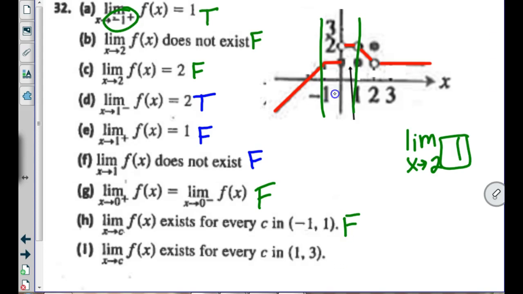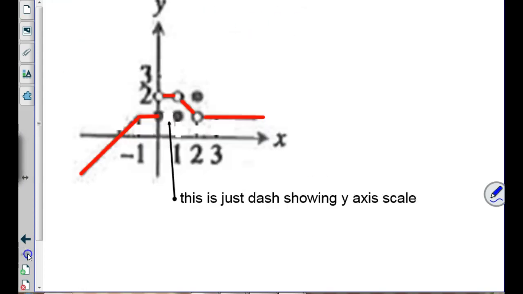The limit exists for everything from 1 to 3. Okay, the hole is here at 2, but is there a limit at 2? Yes, so this is true. Did we do the whole packet? We rock. All right, so